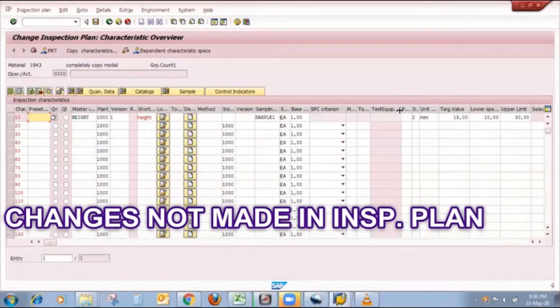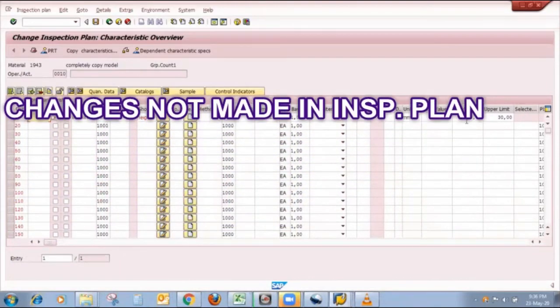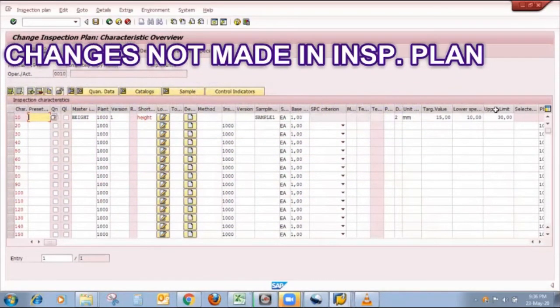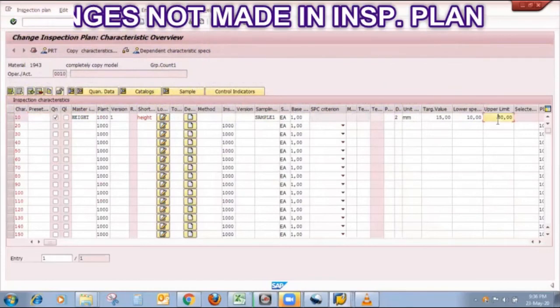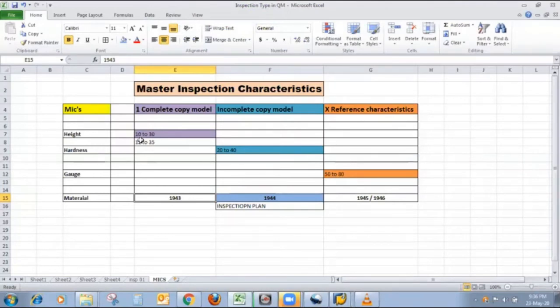But my lower limit is 10 and upper limit is 30. Because when I changed my lower limit to 12 and upper limit to 35 in MIC, this change is not caught in inspection plan for that particular material, because I use complete copy model.